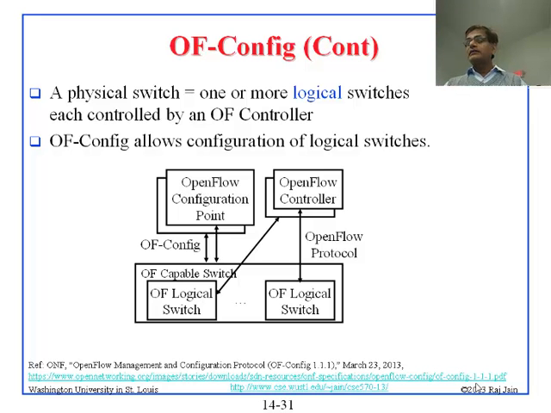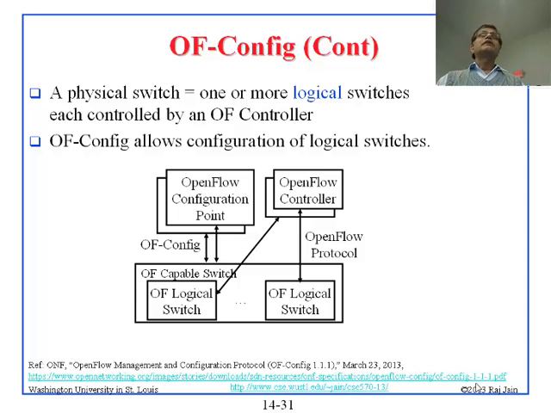By the way, while talking about northbound, what is the southbound API? Southbound is going down. What is the protocol that is spoken going down? OpenFlow. So OpenFlow is the southbound API, which is already there now, right? Then there is east and west API. What if one controller wants to talk to another controller in a different network, let's say? All right? We need an API for that. Or what if this controller wants to talk to its own copy? If you want to have multiple controllers, they have to keep in sync. What is the way they talk? So those are all east and west. Those are called east-west APIs because they go horizontally.